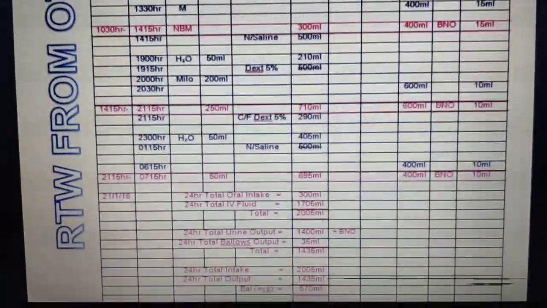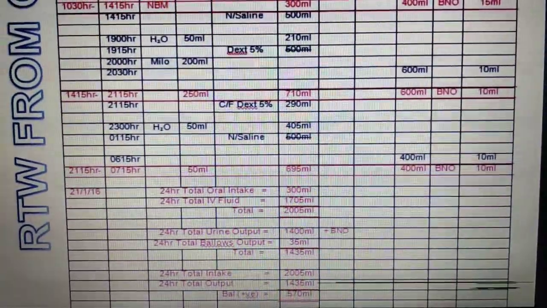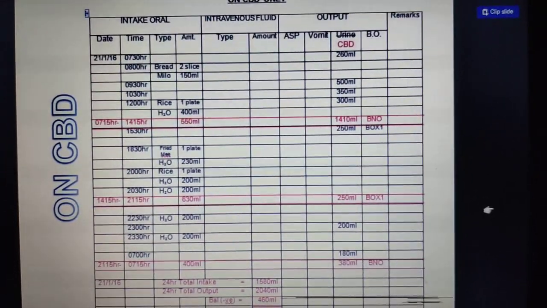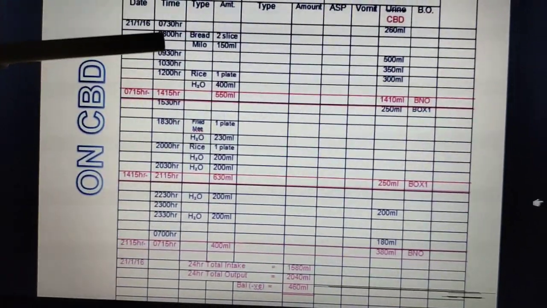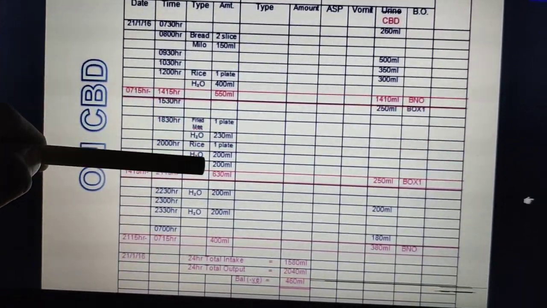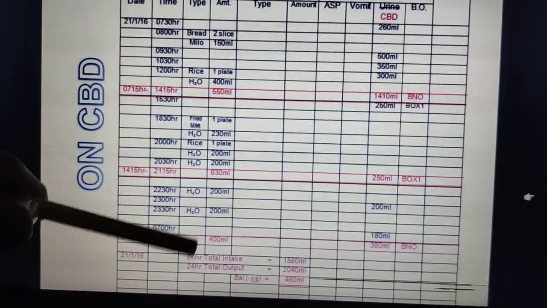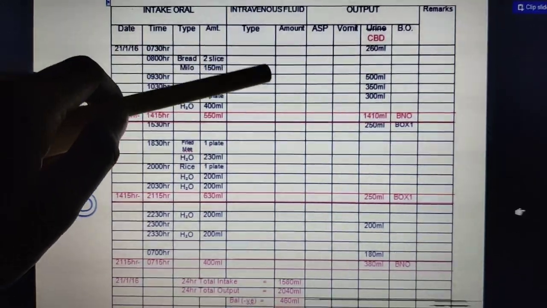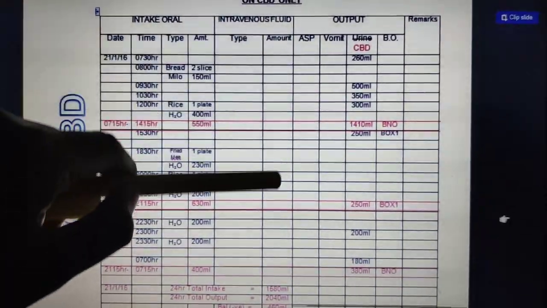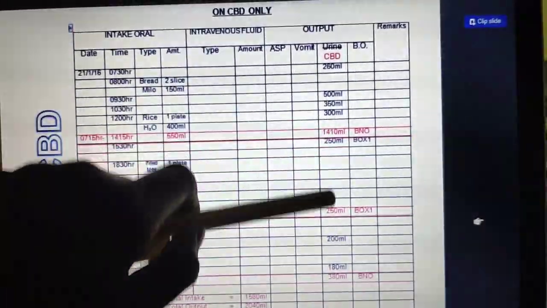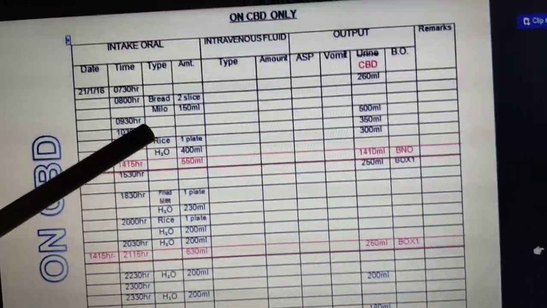Lastly, we'll see one more sample, that is negative balance. We'll see once. Always this negative balance will come for the renal patient. Okay, see, same thing only. You have to maintain the time properly. What type of fluid we have to write here. Clear? Here, nothing is there. No IV fluids for the patient. Only oral. And we mention clearly the urine. See how much urine. So for example, you see here.